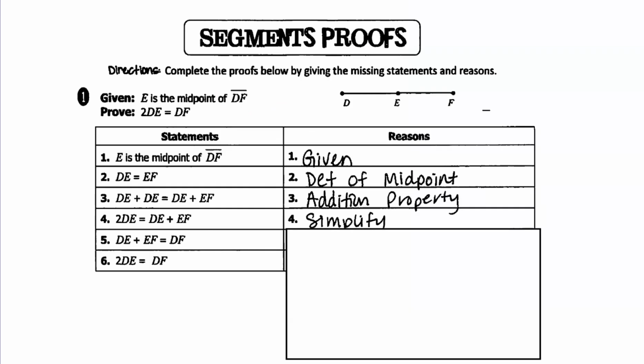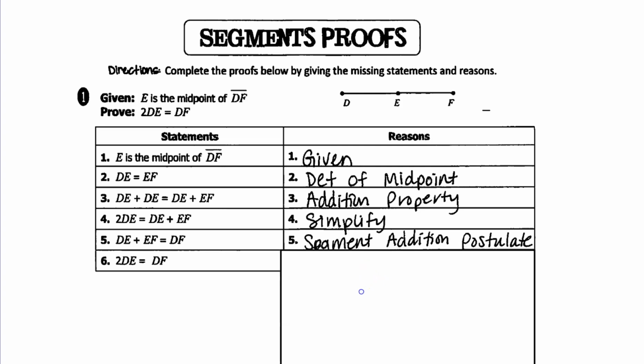Then DE plus EF equals DF. That's the segment addition postulate, right? The DE plus EF equals the whole line. And then finally, 2 DEs equal DF. And the reason is that right here, we saw that DE plus EF, which is right here, equals